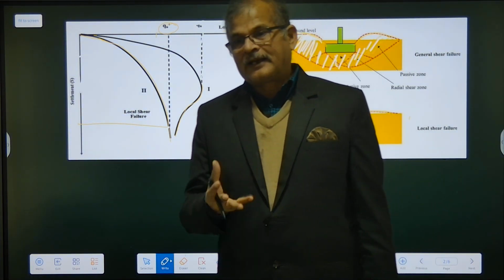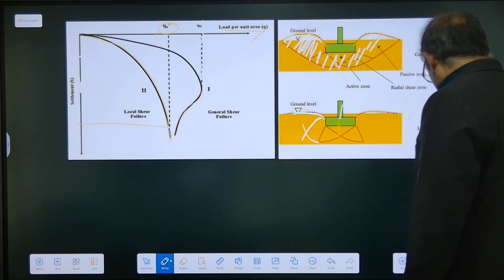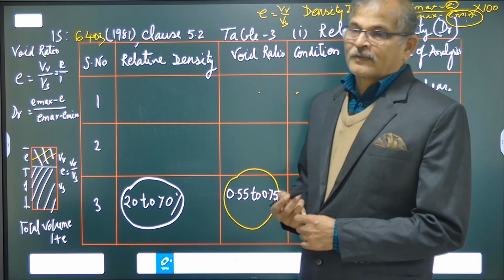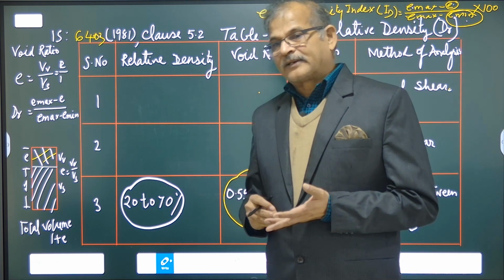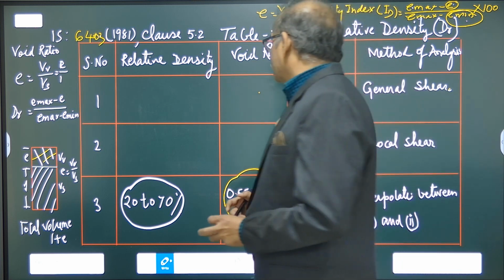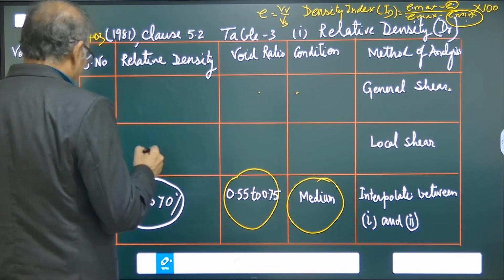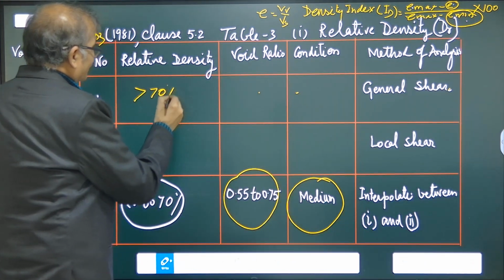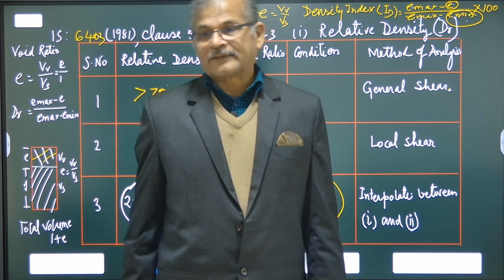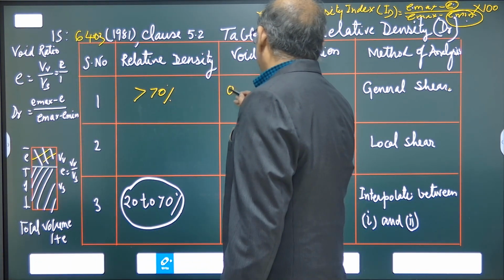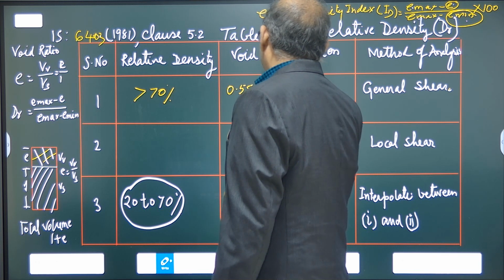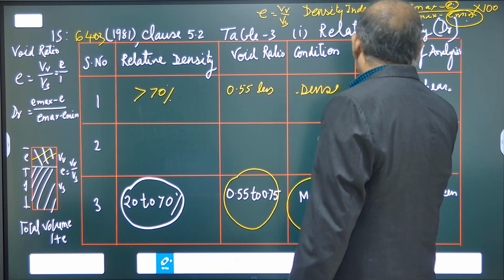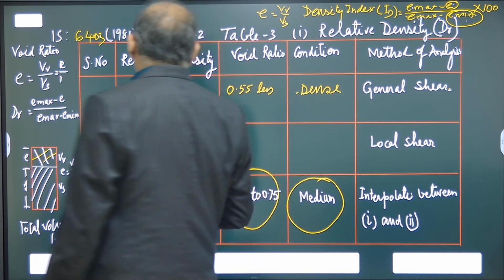तो वी नीड टू हैव ए प्रॉपर आइडिया ऑफ द फेलियर कंडीशंस ऑफ सॉइल। तो IS 6403 में बेस्ड अपॉन द रिलेटिव डेंसिटी कौन सा फार्मूला लगेगा उसमें दिया गया है। तो टेबल 3 में उसके दिए गए हैं। यदि रिलेटिव डेंसिटी ग्रेटर देन 70% है तो देयर विल बी जनरल शियर फेलियर एंड जो वाइड रेशियो है इट विल बी लेस देन 0.55 और लेस, और कंडीशन तब होगी डेंस एंड वी कैन अप्लाई जनरल शियर फेलियर। और यदि रिलेटिव डेंसिटी लेस देन 20%